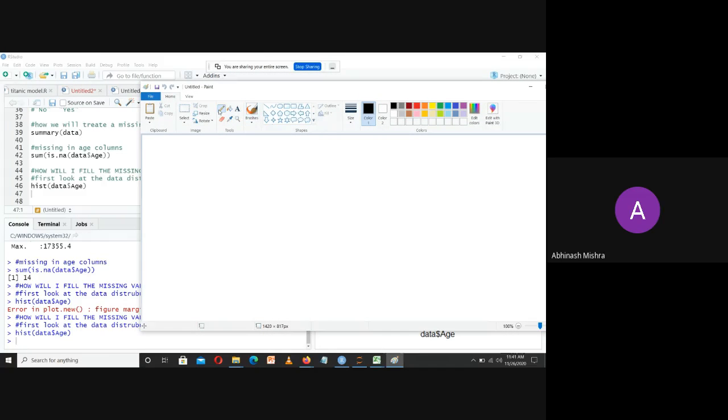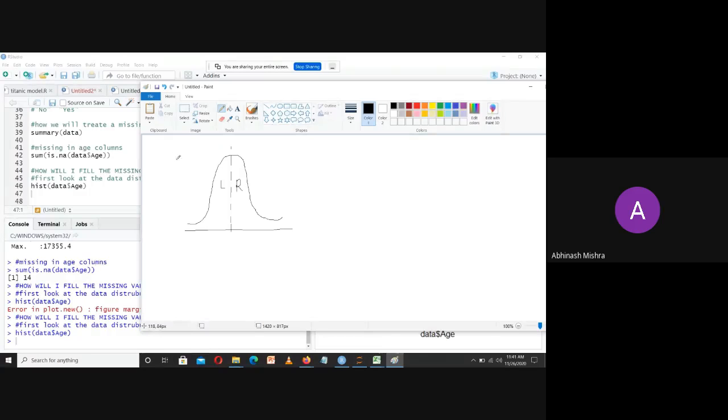So suppose I have a distribution something like this. Now this curve is called a bell-shaped curve. And in this particular bell-shaped curve, if I cut this data from the middle part, you will find that I have the same similarity on the left as on the right. Means the data has been divided into two equal halves.